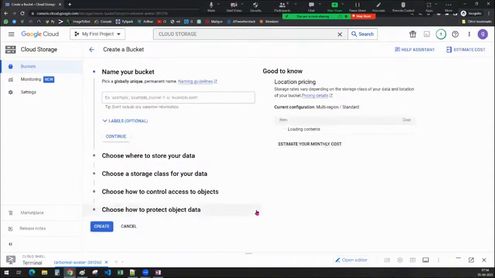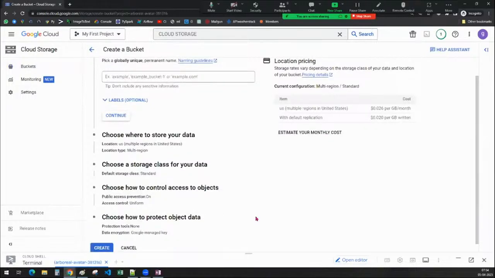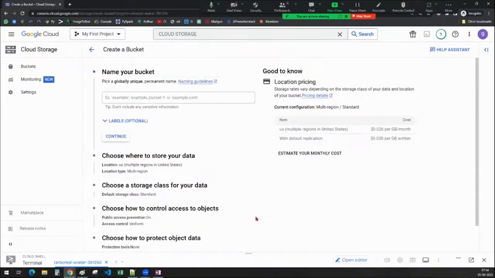When you click on create bucket, as I told you, there are a few things that we have to remember while creating a bucket. First, while providing a name for your bucket, we have to pick a proper globally unique name. When I say globally unique name, no one has used this particular name so far as a Google Cloud Storage